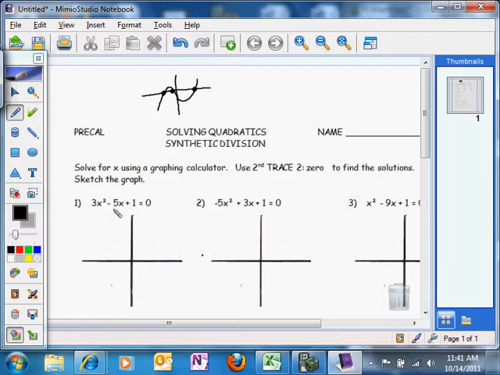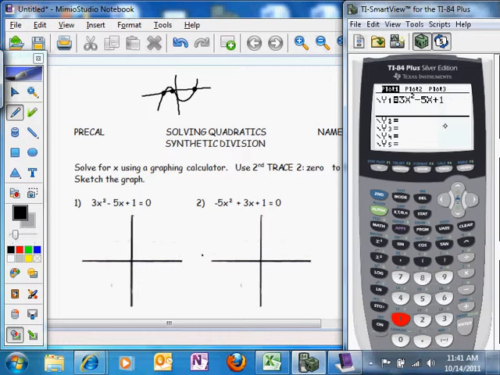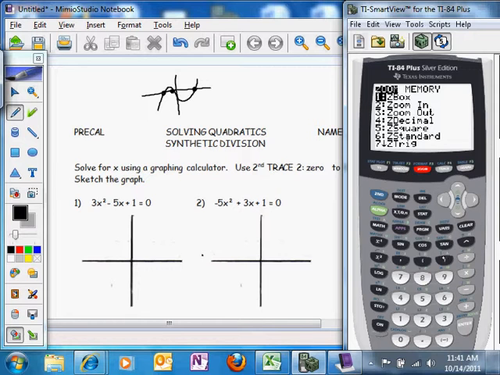So if I go to my calculator, I want to enter in 3x squared minus 5x plus 1 in y equals. And I've already done that. And when I hit graph, you either see it or you don't. I've got an old scatter plot in here. Let me clear this out. So we see our quadratic there, and we can actually see well enough to find the 2 roots, but it's